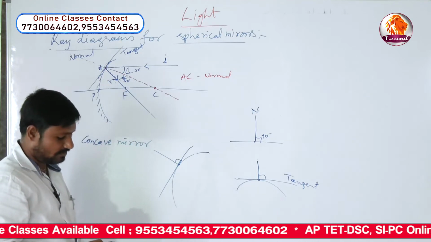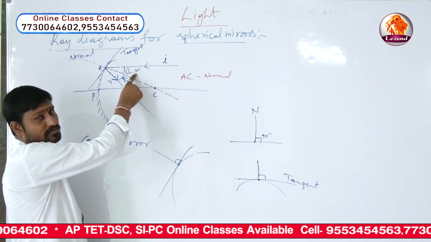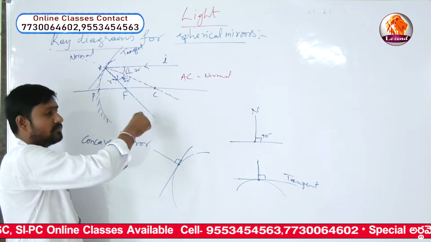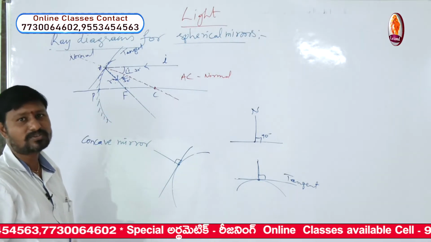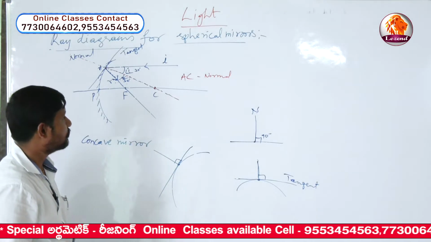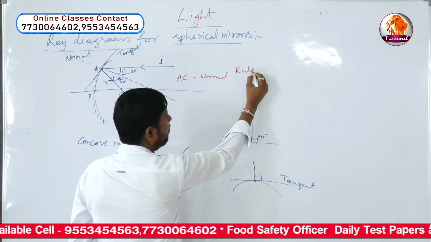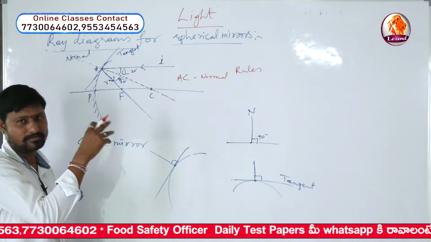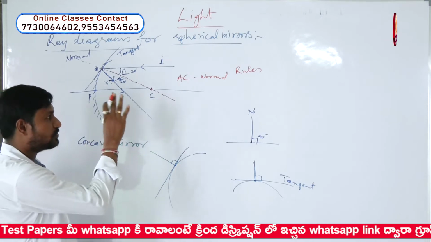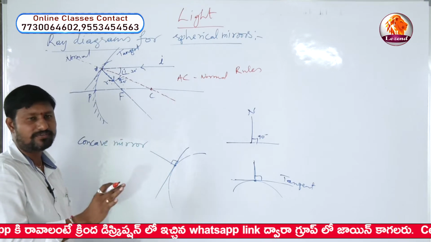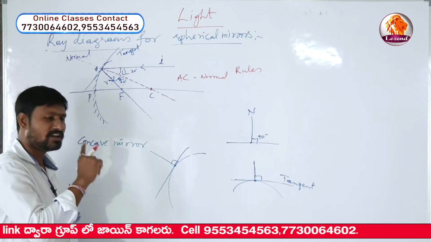But here one more problem is, every time we need to measure the angle of incidence, and with the same angle we have to draw the reflected ray. So this is another problem. That is why we have some rules, and these rules are useful to you in order to draw the ray diagrams for the concave mirror and the convex mirror. And what are those rules? Let us see. And then after, we can comfortably draw the ray diagrams for concave mirror as well as convex mirror.